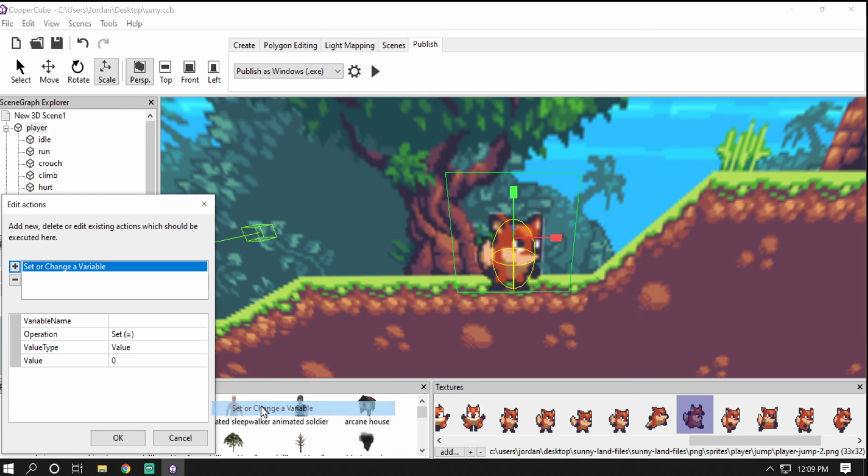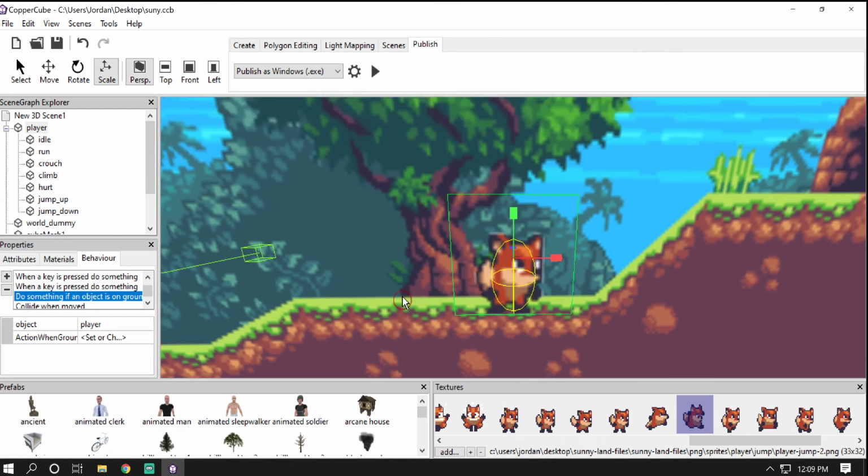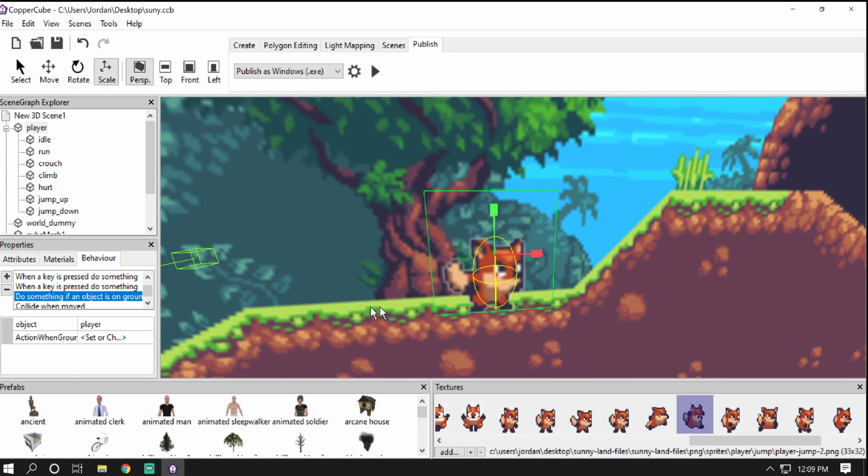variables and text, set or change a variable, player action, and we are going to set it as jump. What it will do is whenever the character is on ground, it will set the variable player action as jump, which means it allows the character to jump,